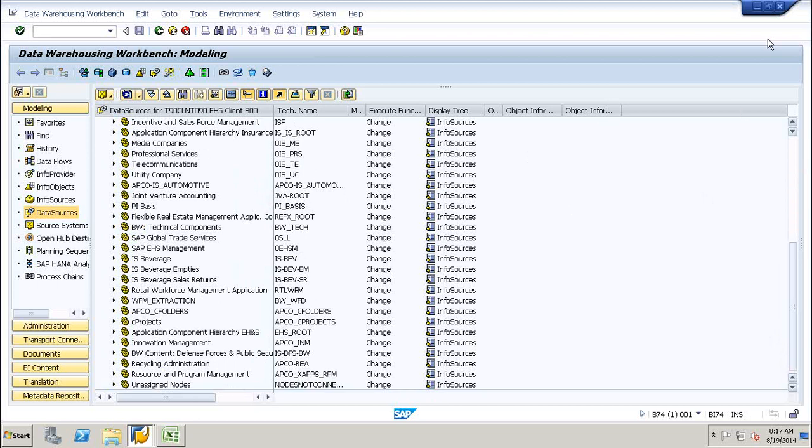So there are not a lot of differences between 7.3 and 7.4, but the majority of the 7.4 functions are available in 7.3 itself. But this is aimed at the concept that BW is going to be built on top of the HANA database. That is the main reason why we have BW 7.4. This is very tightly integrated with HANA,